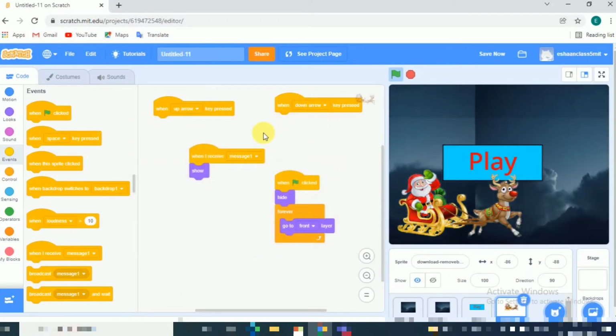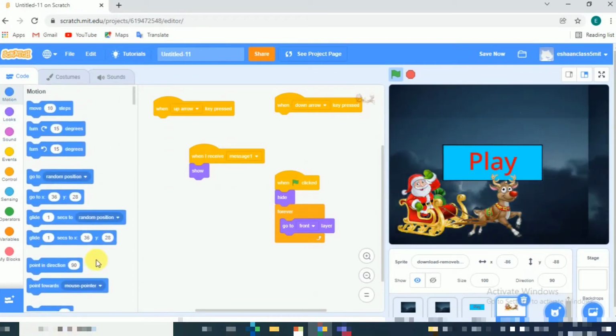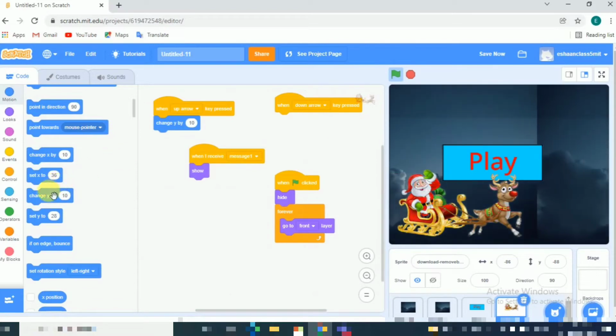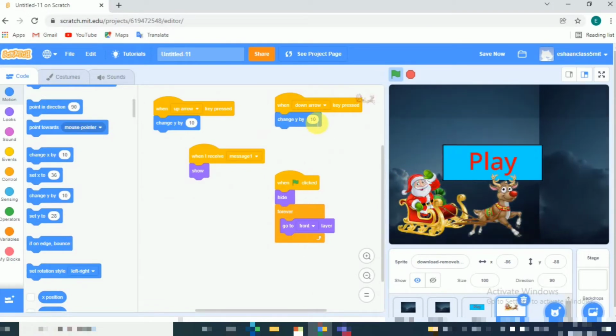And after this, you have to go to motion and take change Y by, and add this to both the down and up arrow. So in the down arrow we will add -5, and in the up arrow we will add 5.